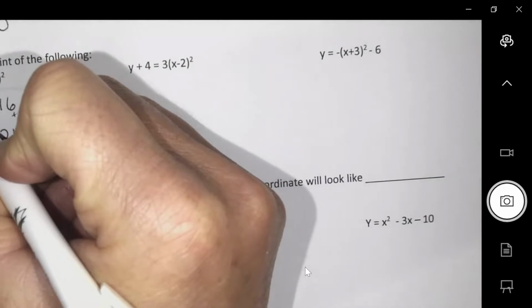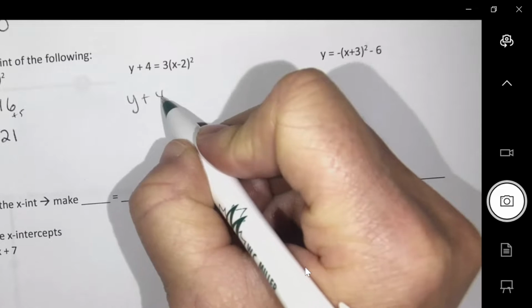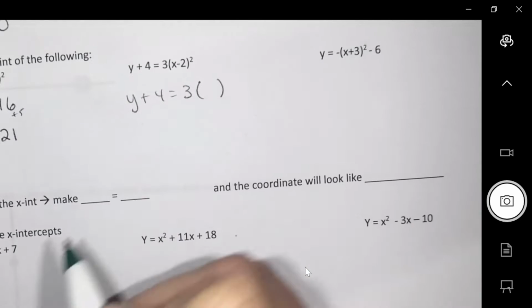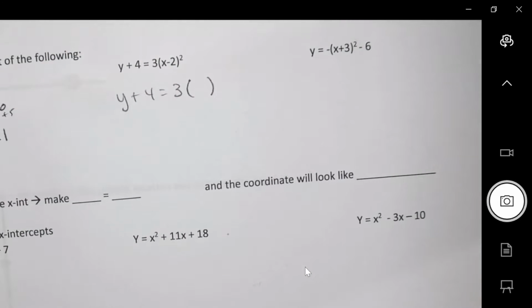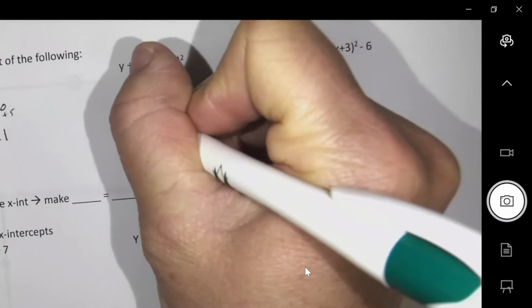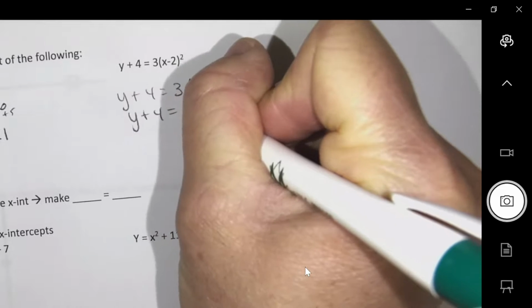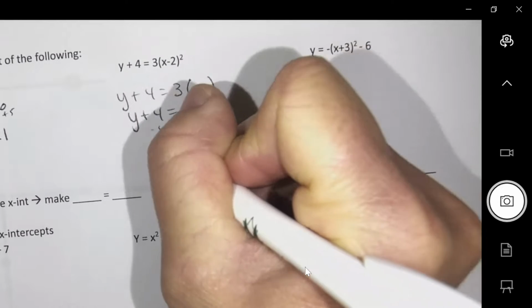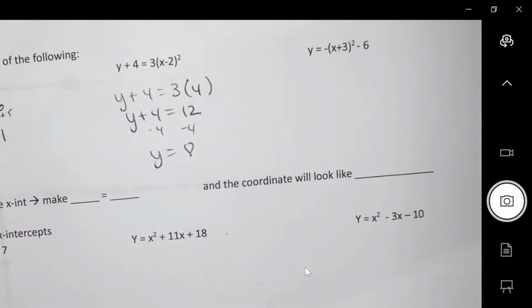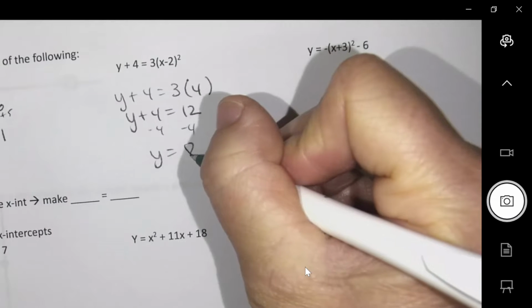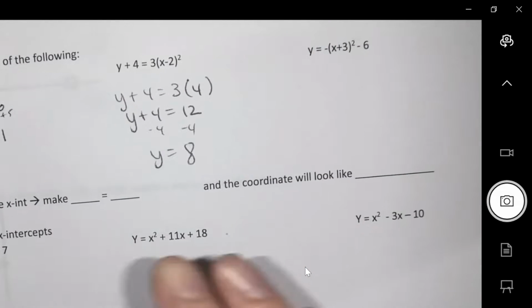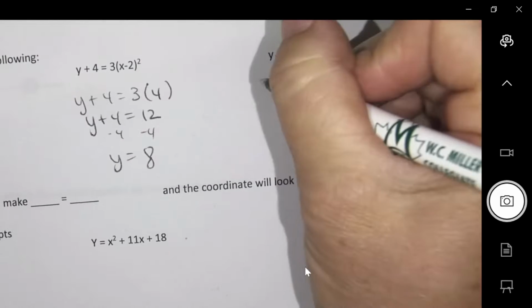Okay, next one. So if I do my BEDMAS stuff first, 0 minus 2, negative 2 squared is 4. Multiply would be next. And then you subtract and get 8. We were good? And then on this one,